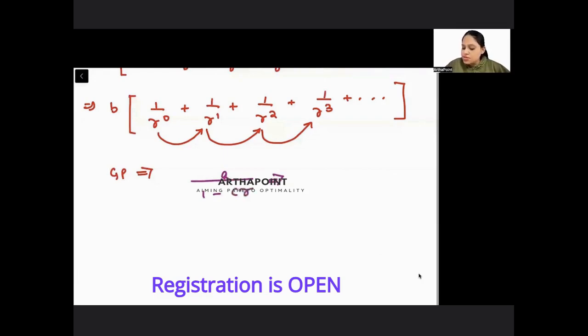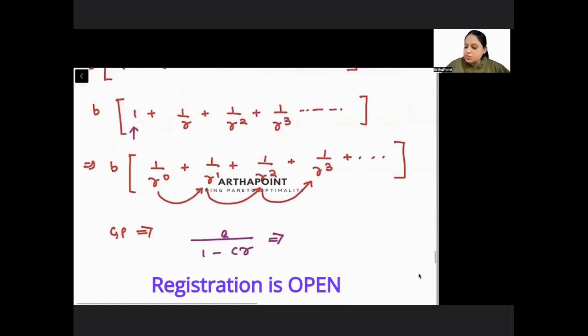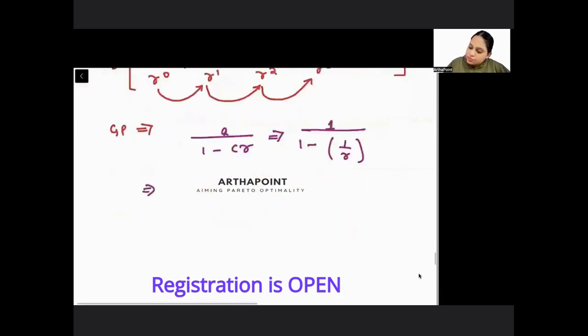ठीक है? तो first term क्या है बेटा? 1 upon 1 minus common ratio. क्या है, जिससे हम पहली से दूसरे term पे जा रहे हैं, तो we are multiplying with 1 by R ना, फिर यहां से जा रहे हैं फिर से 1 by R, so common ratio is 1 upon 1 by R. तो ये हो जाएगा